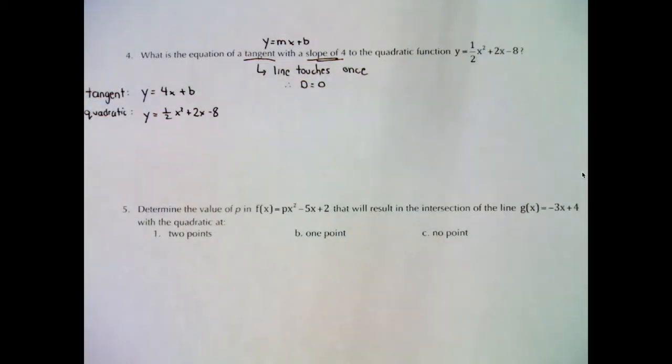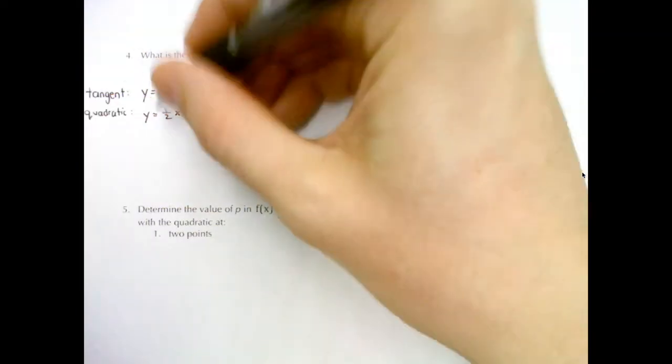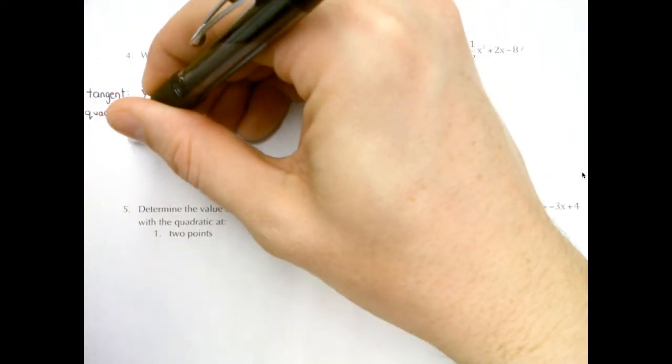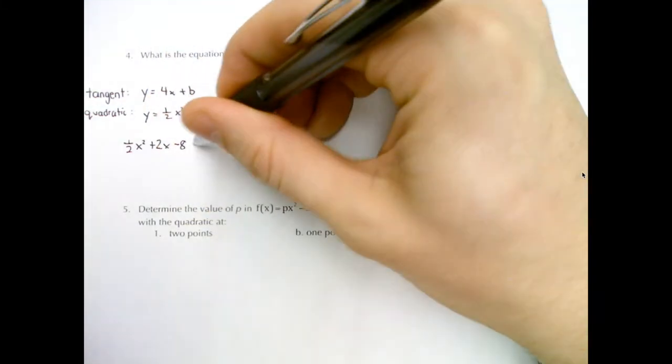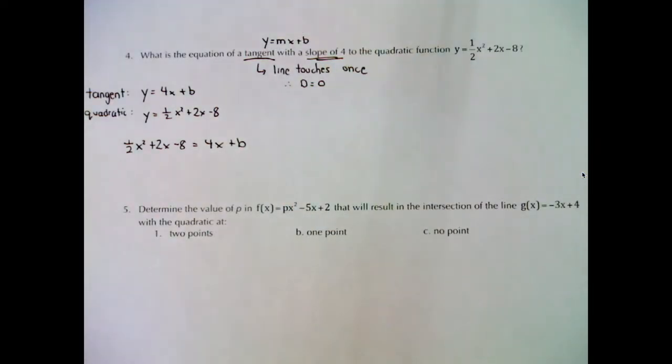So let's start finishing this question the same way we would have finished either of the first 2 questions. When we were asked how many solutions there were, we set them equal and isolated all terms on one side. When we were trying to solve, we set them equal and isolated all terms on one side. So let's do the same in this question and see where we're at. We've got quadratic equal to tangent. So we've got 1/2 x squared plus 2x minus 8 equal to 4x plus b. And now we're going to move all of our terms to one side. If we do that, we get